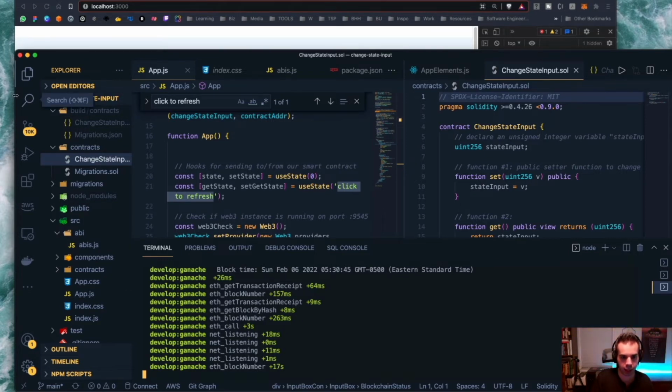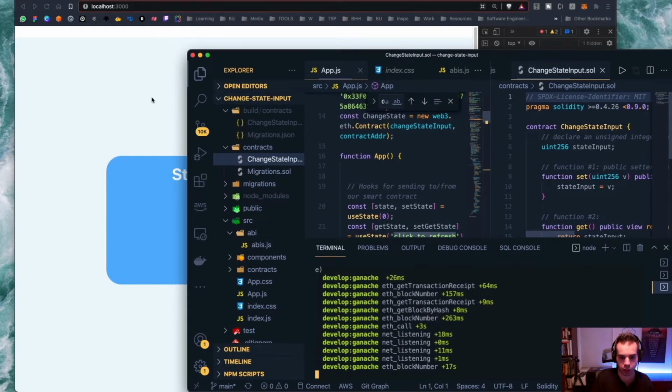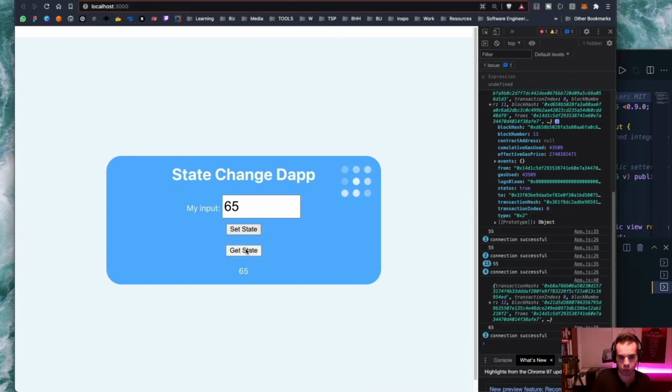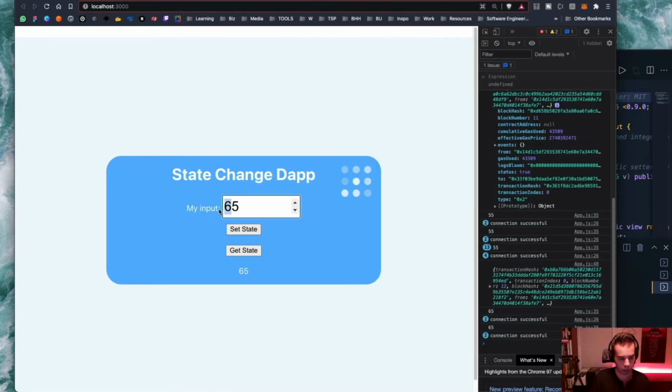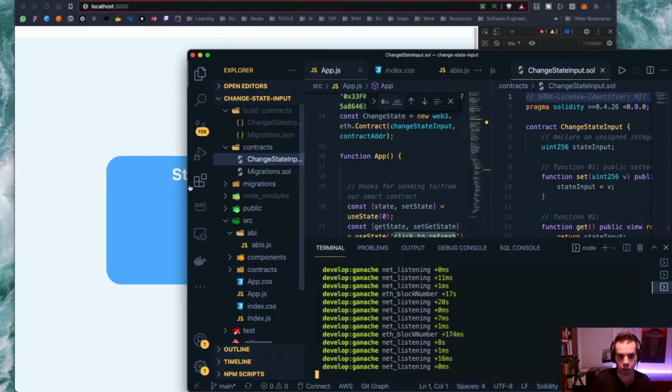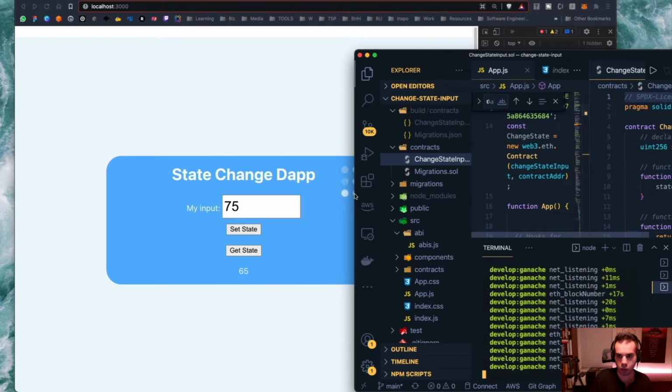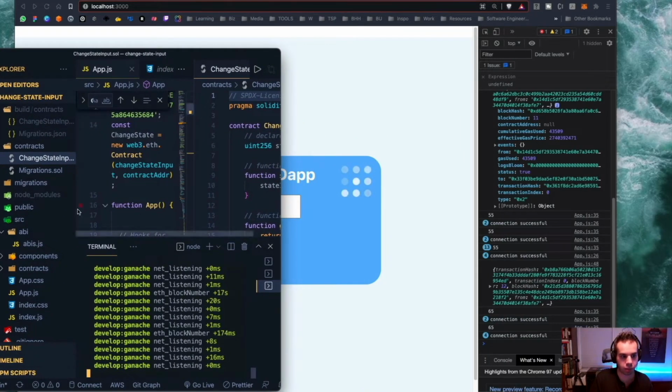And as I do certain things, if I get the state, ETH block number, so that just added something a few milliseconds ago. When I write something, let's say 75, and actually I'm going to put this up just so that you can see it happening at the same time.